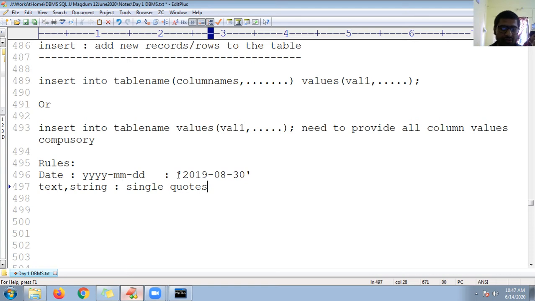You cannot insert them directly. Suppose I am trying to insert the employee name Ganesha, Shankar and Lord. This is a single name, a full name of an employee: first name, middle name and last name. You can see spaces are there. Because of these spaces, the value may split, since space acts as a delimiter. So to combine that, you need to use single quotes.